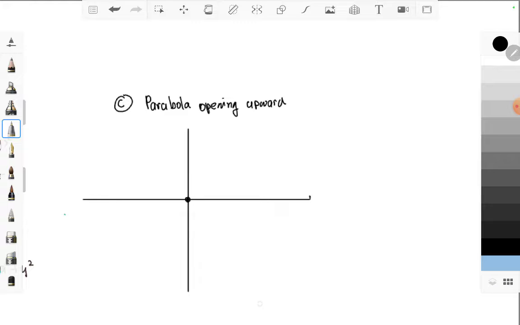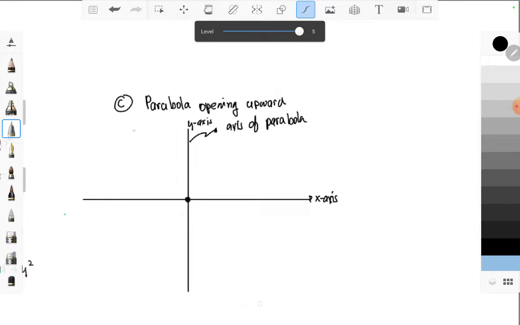So therefore, I will have my x-axis, I will have my y-axis, and my axis of the parabola will be equal to my y-axis. Okay, so from that, let's draw our parabola with a vertex at 0, 0. Okay, so from here,